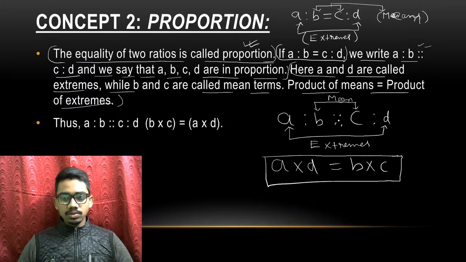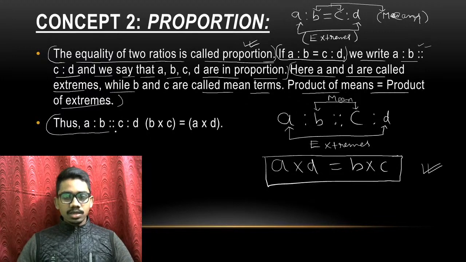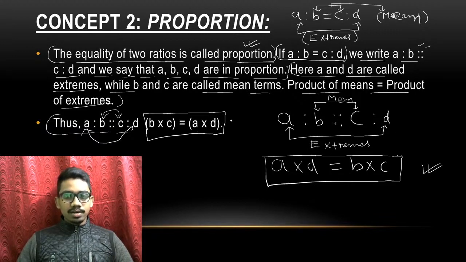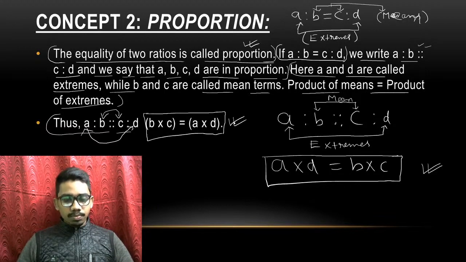Alright. So this is in proportion. So multiplication of extremes, A cross D, equals multiplication of means, B cross C. This is the result we are getting from the concept of proportion. So the multiplication of these two, and the extreme terms, the multiplication of mean terms, B cross C, equals A cross D. Or you can write vice versa, A cross D equals B cross C. Not an issue. Clear? So I hope the concept of proportion is also very clear to you.